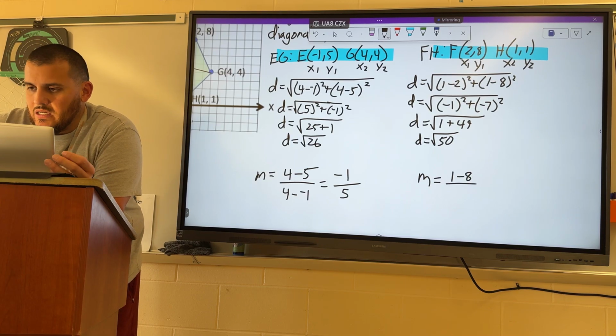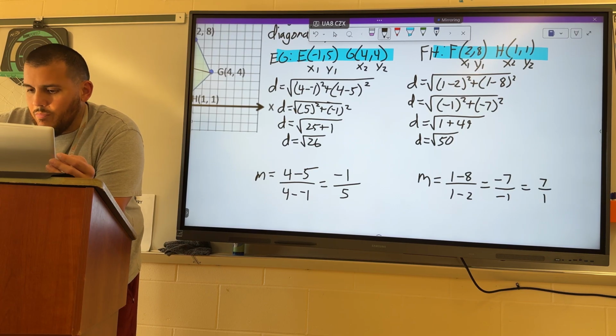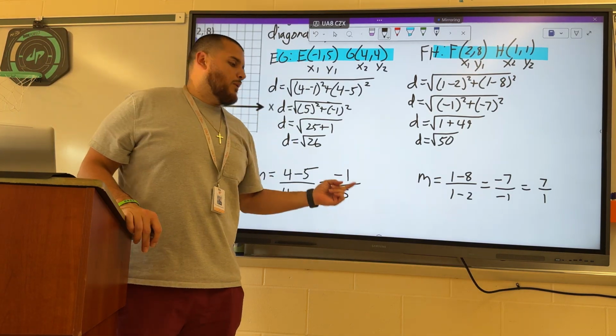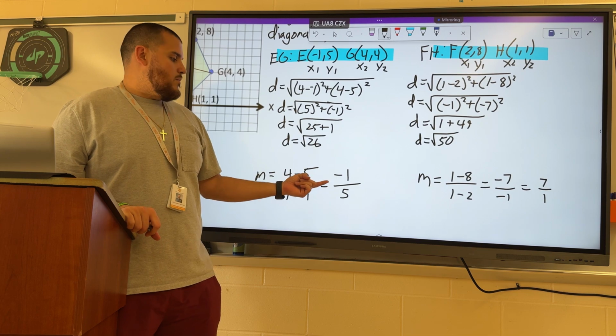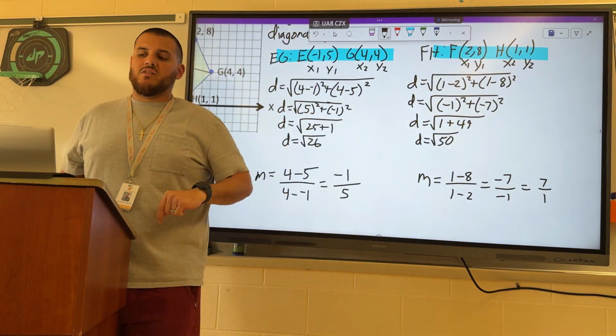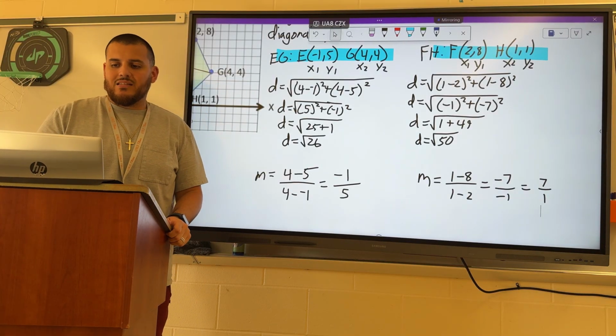And then x2 minus x1 gives me 1 minus 2 on the bottom. 1 minus 8 is -7, 1 minus 2 is -1, and negative divided by a negative is a positive, so we have a positive slope of 7 over 1. Well, one is negative, one is positive, but we're not flipping our numbers here. 1/5 doesn't become 5 over 1, so these are not negative reciprocal slopes. Therefore, the diagonals are not